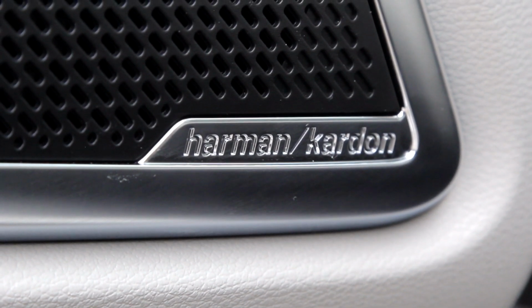And the speaker system, the Harman Kardon that this is equipped with, it's definitely loud. It's loud, but it's clear. So if you can afford the option, definitely want to go with that. Now, coming into the inside as well, coming down a little bit, you have your climate control, and